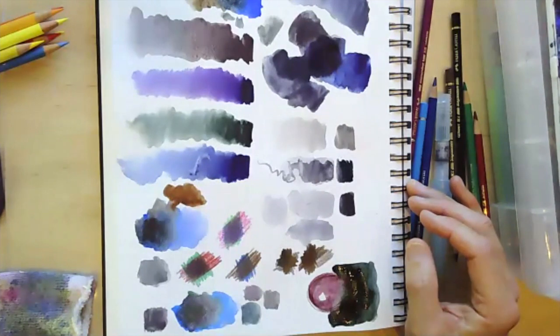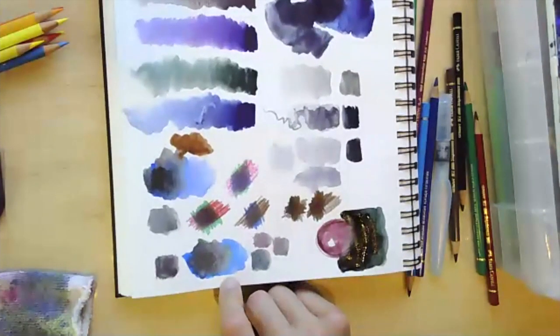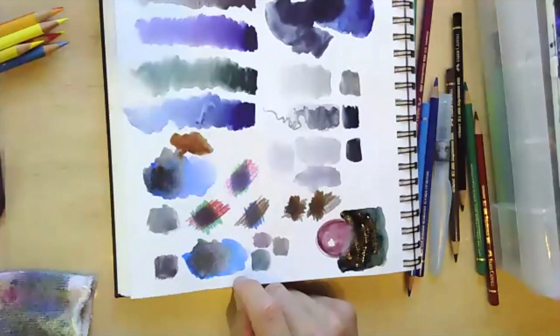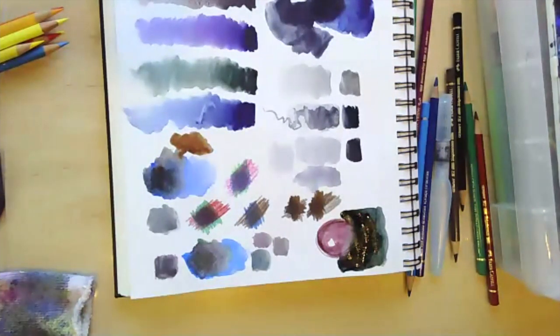We started by mixing brown and blue. We saw several variations of that, and also saw that you can take a bunch of other colors of dark values, throw them together. Sometimes you have to go back and forth a little bit of this, a little bit of that. But at the end of the day, you can make your own grays by just sort of playing those together. And that is how we roll